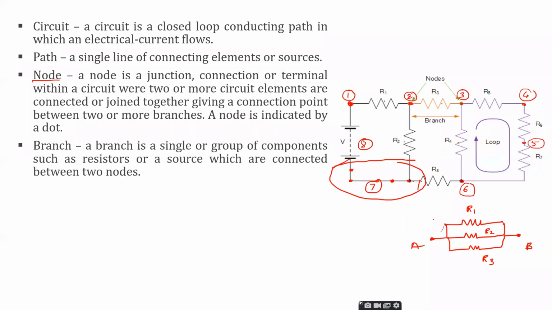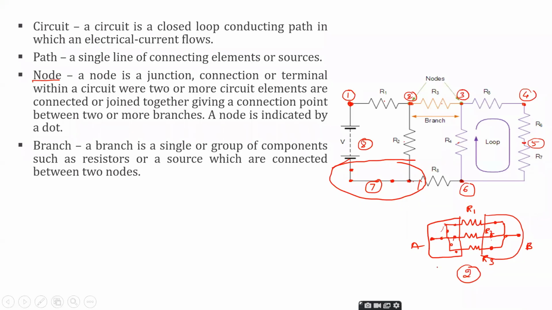From here and here, you can consider any point, that will be the same node here. Only the thing is wires are extra here. You can consider any point at this node. They are one and the same here. Only wire is extra. Similarly, in this area, you can consider any point. That point is same. So only 2 nodes are there.